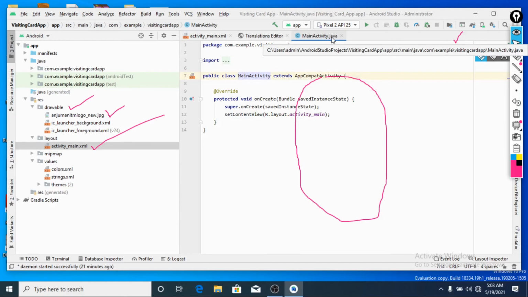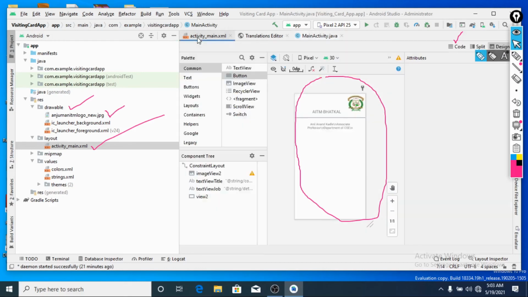You can move between these from here. Say you are now in the Java file, and now you are in the activity file. In activity there are two possibilities, mainly one is code, another is design. In design, you can drag and drop these widgets and build the design.